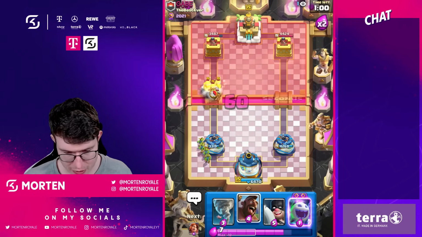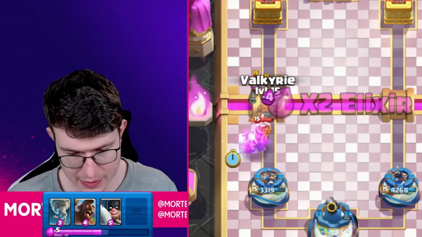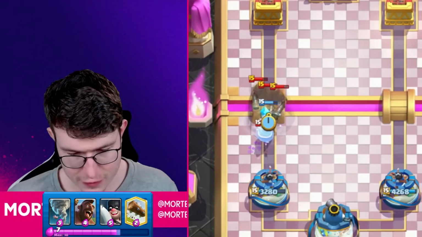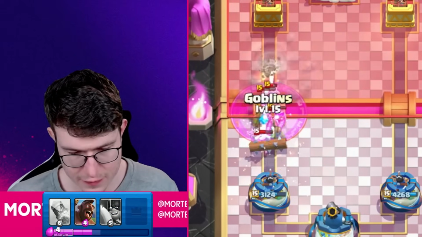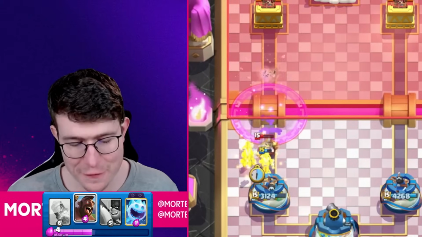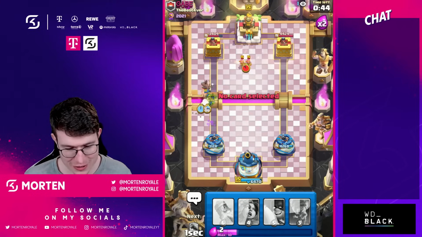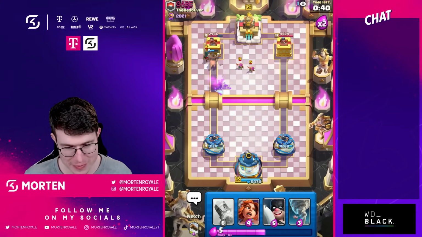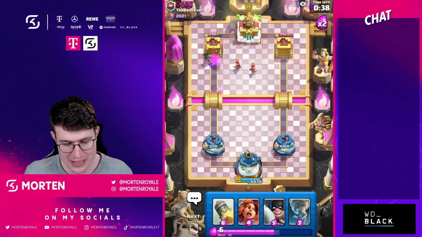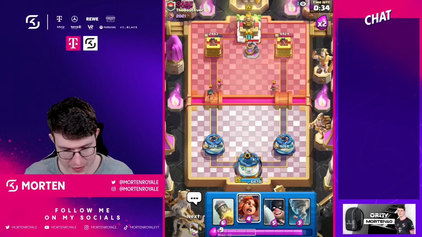Time to maybe go Hawk Rider. Okay, this is interesting. I'm just going to go for my Valk. No, I'm just going to go for this defense. And perfect! This was actually the perfect example, guys, for the Valkyrie, for the Ice Spirit evolution. Ice Spirit evolution actually did a great job there against the 3 Musketeers. He thought he's just gonna get a ton of damage, but he did not. So he goes in. Okay, to be fair, I might just...